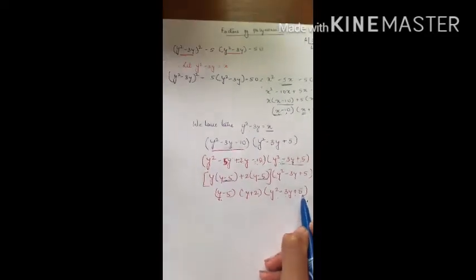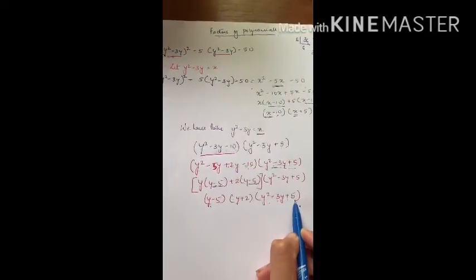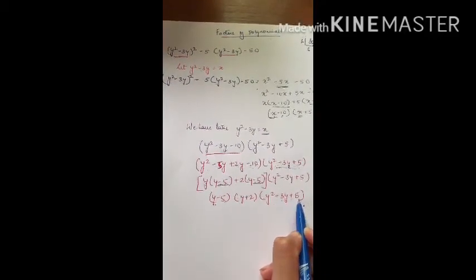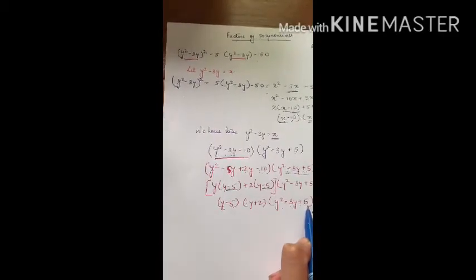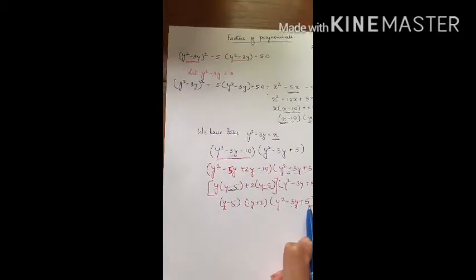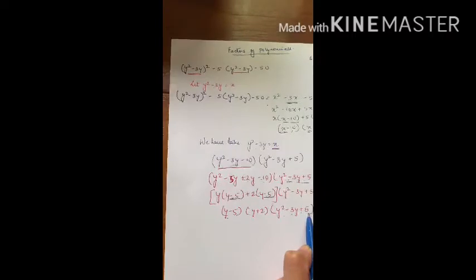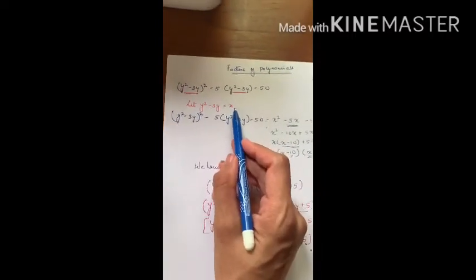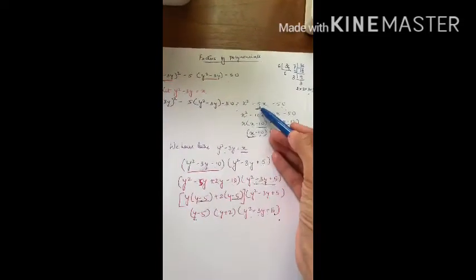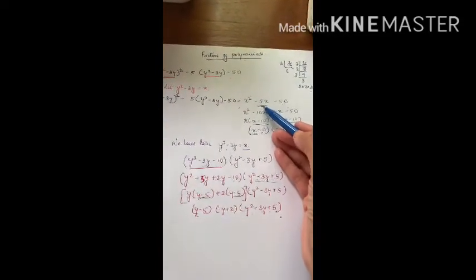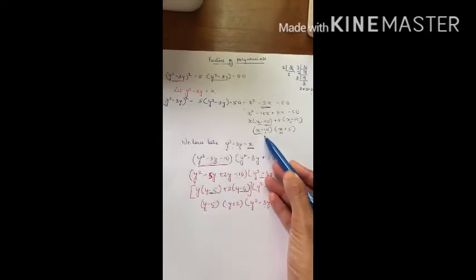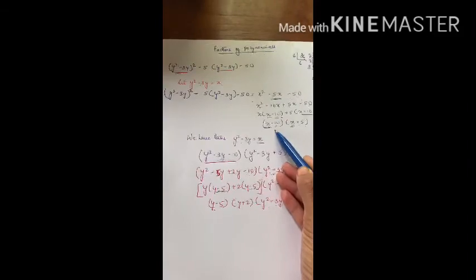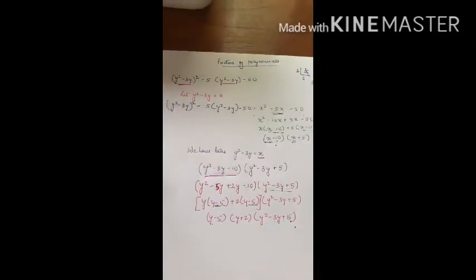So dear students, I am sure you have understood how to reduce a big polynomial into smaller polynomials. The trick is to just see the question and substitute with any variable and then solve, because it will be easy to split the middle term, and then substitute the value. It is not as complicated as it looks. So dear students, I am sure you will definitely be able to do such numericals.